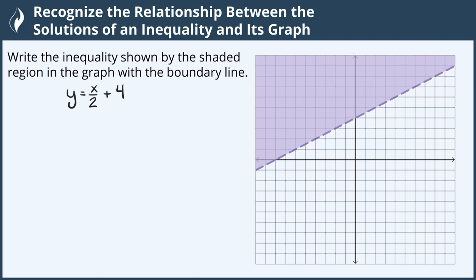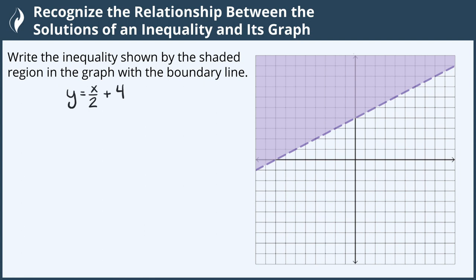Hi everyone. In this video, we will recognize the relationship between the solutions of an inequality and its graph. Write the inequality shown by the shaded region in the graph with the boundary line y equals x halves plus 4. Here we have the line graphed, y equals x halves plus 4 is the boundary line, and we can